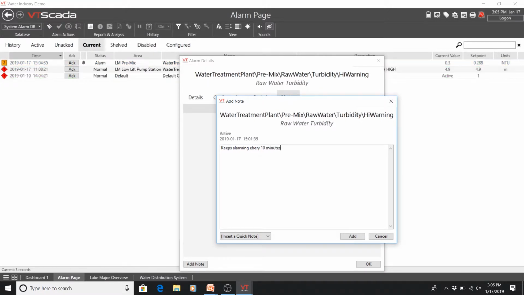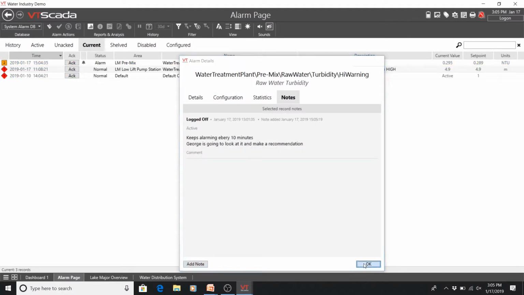And then we'll say something like, George is going to look at it and make a recommendation. Okay? So whatever that note may be, it goes in here, add it to my database.